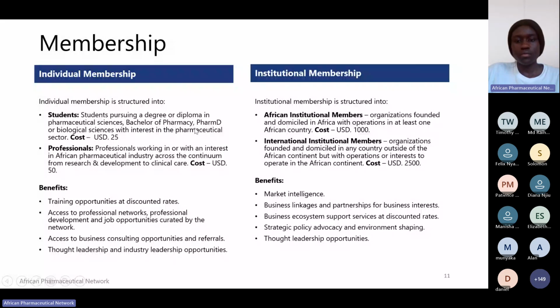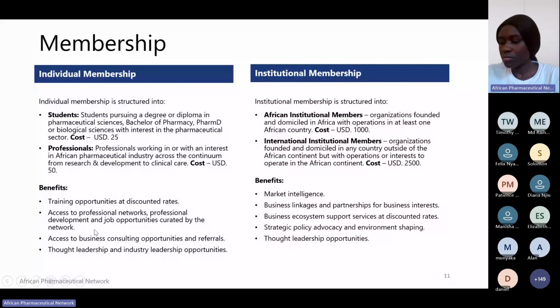Some of the benefits for the individual members is that they get access to training opportunities at discounted rates. We also have communities of practice that they can access where they can facilitate learning, mentorship as well. And then for the companies that reach out to us with consulting with business ecosystem support services, we are able to also reach out to our members for support and refer them to trainings, to organizations, because we are known for trainings. And so organizations do reach out to us seeking talent. So we are able to refer our members. When it comes to such forums, webinars, we also give members a priority because that's a way for them to build their thought leadership skills.